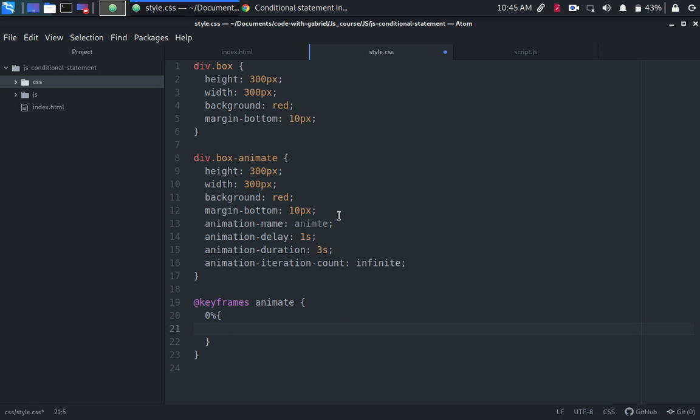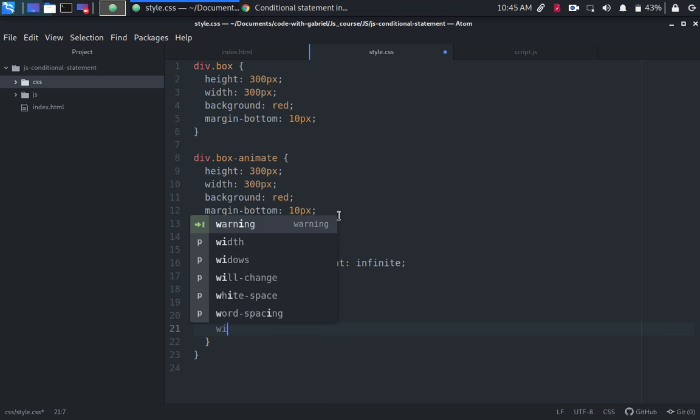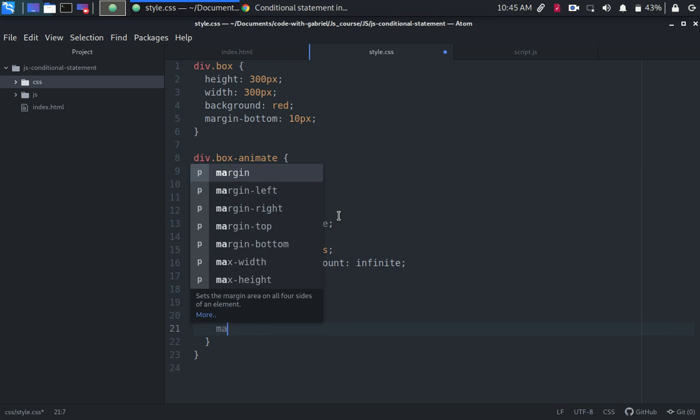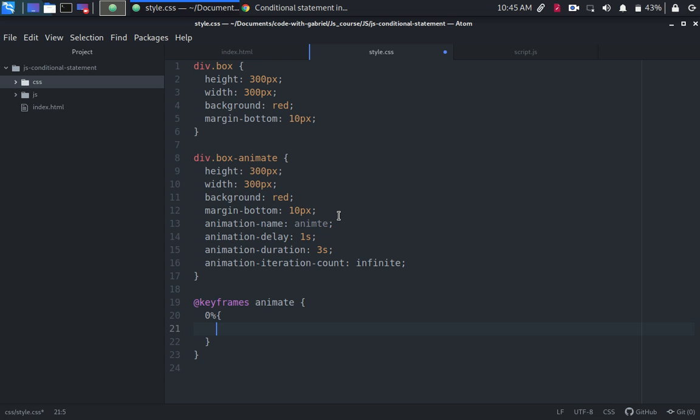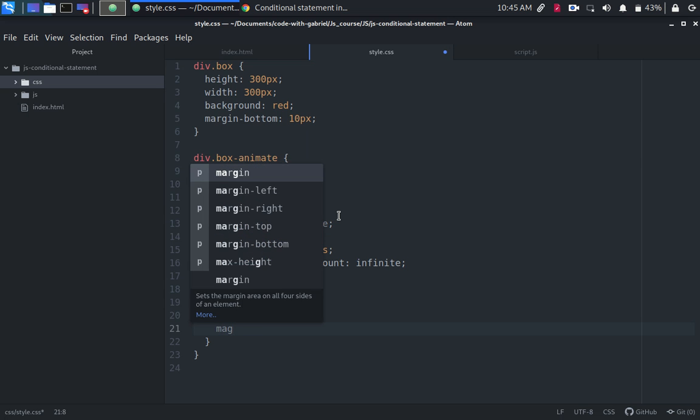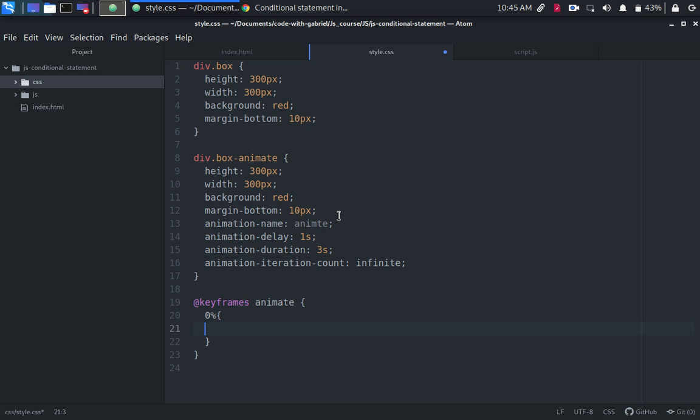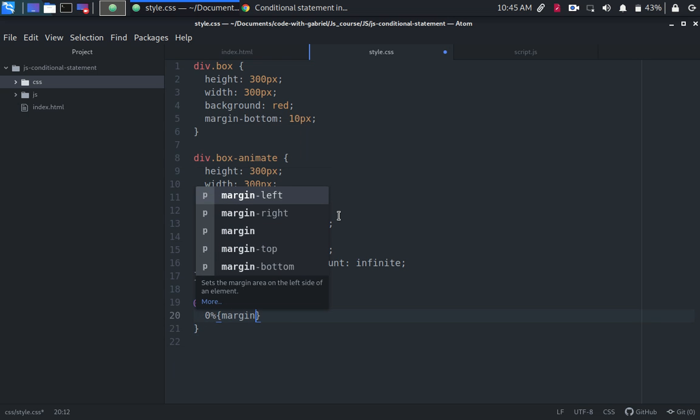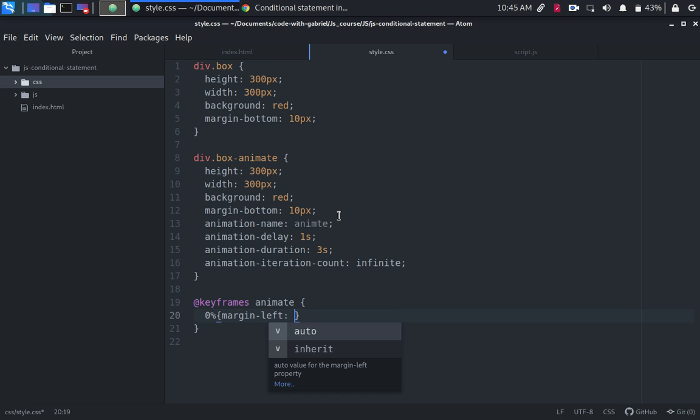So what we want to do is just move around the margin. Margin from the left, from 0%. I'm thinking of a very reasonable style, that's why I'm pausing. Margin from the left should be 20 pixels, 120 pixels. Then